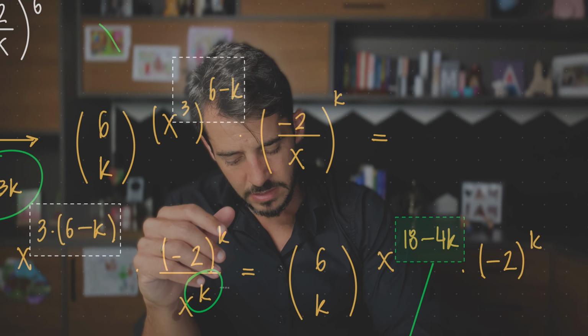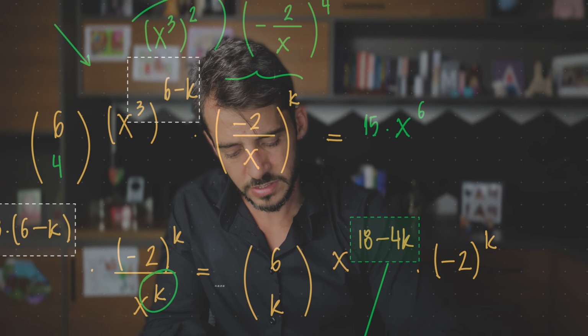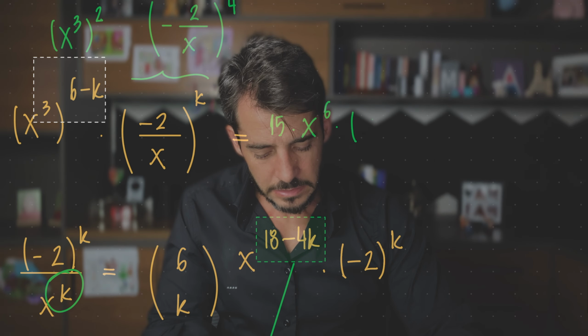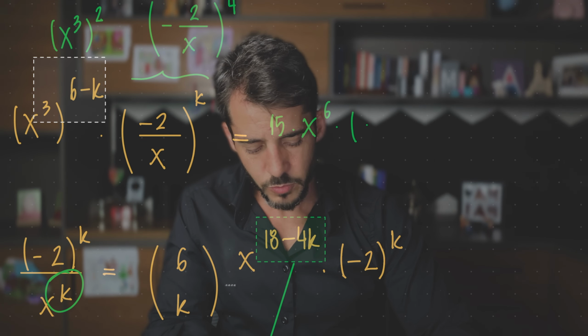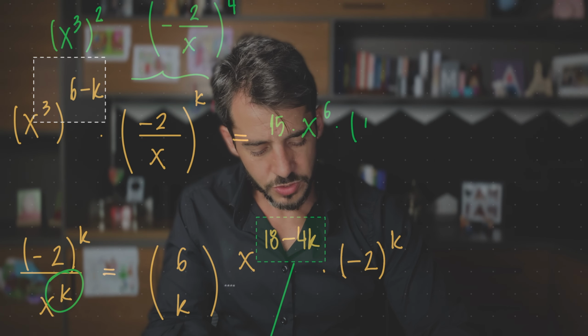Now 6 choose 4 is 15 times x to the 6th, which is x cubed squared, times negative 2 to the 4th power, which is 16, over x to the 4th. Now these simplify. We get x squared as expected, leaving as our final answer